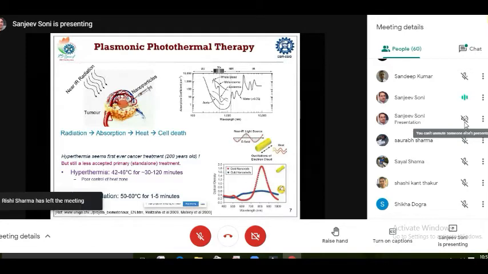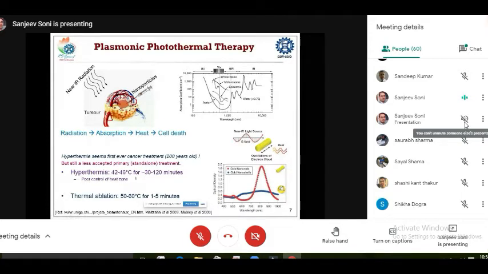Due to this radiation and nanoparticle interaction, there is an absorption of the radiation, which ultimately leads to non-radiative decay. That is, whatever intensity is absorbed is dissipated to the surrounding medium in the form of heat. This way it's possible to heat a particular tissue or tumor within the human body. There are certain temperatures which are to be attained to ensure that there is a cell kill.